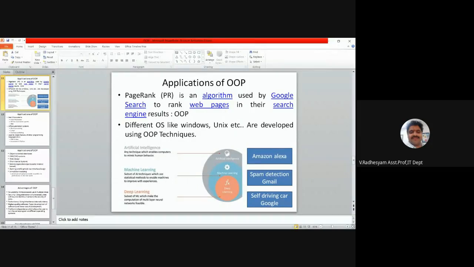After you type into Google, the Google search engine gives a rank to all the web pages according to the phrases you typed. The top ranked websites will be listed to you. Based on that, you can go and search the information inside of that. This process can be done using object-oriented programming techniques. That is one application of object-oriented programming.